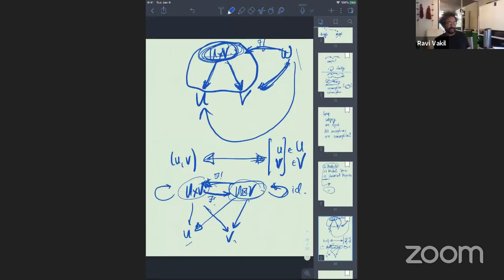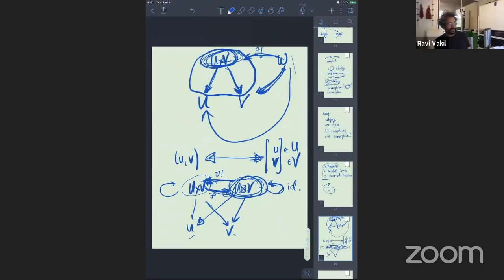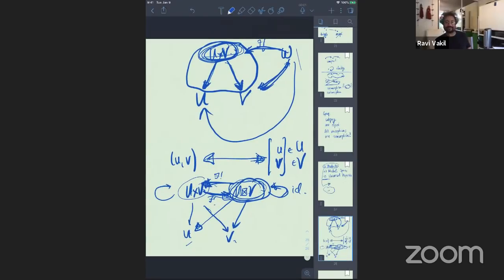So there's an identity map that makes everything commute, and there's also this map, which makes everything commute. And because by universal property there's one and only one map from my space to itself making it commute, this combination must be the identity. So these two must be isomorphic. There's just no way the first time you hear it, you don't find that incredibly confusing. This is the sort of thing you cannot say out loud without people laughing at you. But you have to think it through while you're walking around and realize that in some sense, there's nothing really there once you think about it the right way.